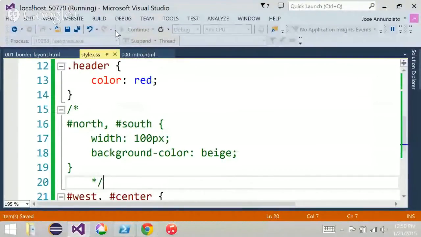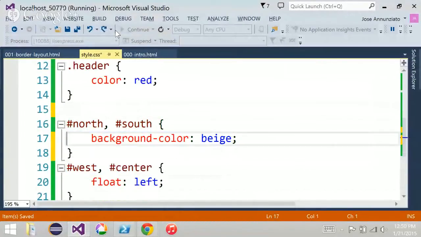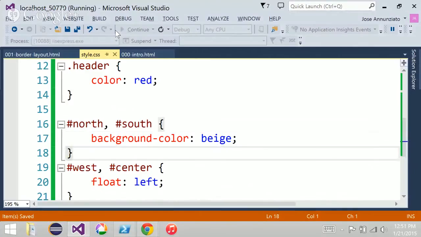Actually, what I want to do is comment out the width. Notice that the default behavior is to take up the entire width of the page. That's the default behavior. Okay, but we want this to be,